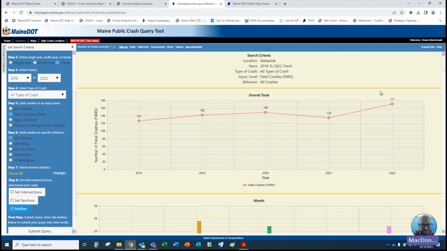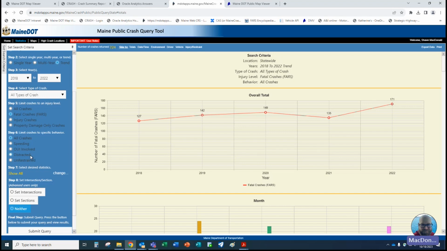But unfortunately, it's not in the system. It'll never be in the system. And the only way this particular thing creates these numbers is crashes that are in the system. So it is one downfall of this. Again, that's why I preface, anything that you're doing that may be fatal related, you can run your numbers through here, but I would check them with the Bureau of Highway Safety before you really commit to any of that type of data as far as fatal numbers are concerned.